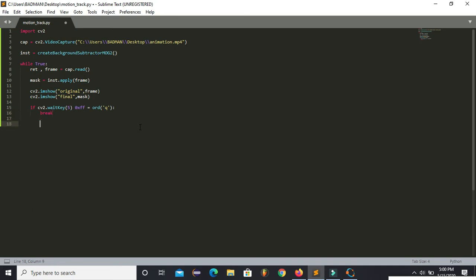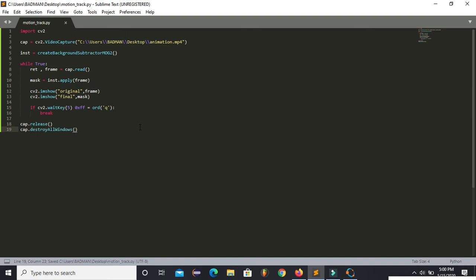And remember that after using a video, or if you are using a webcam, you have to release the webcam or the video. And you must destroy all the windows which you have created during the output.